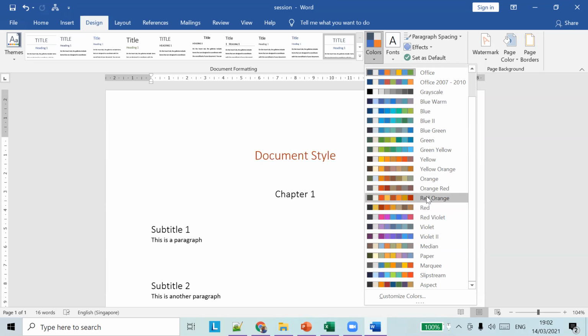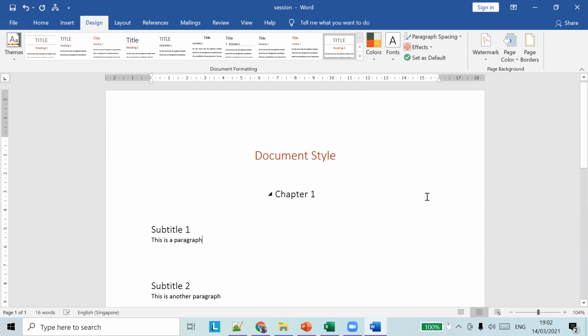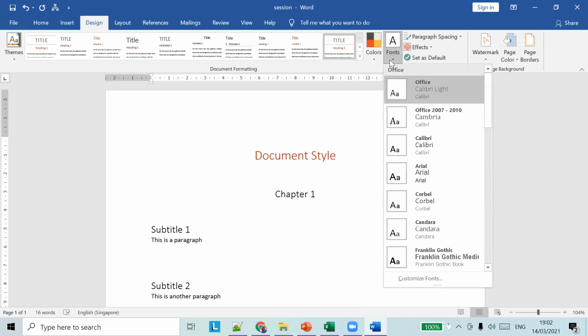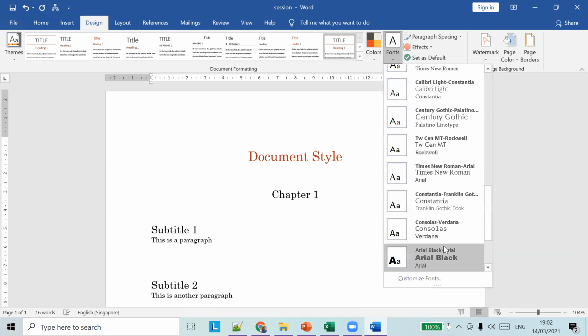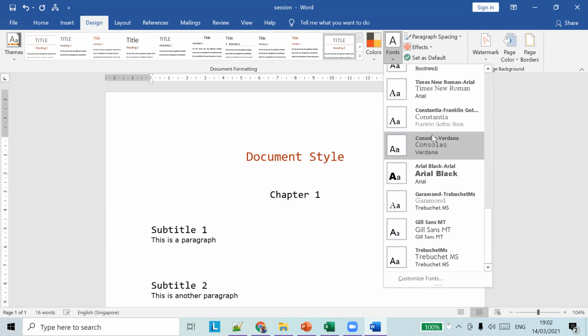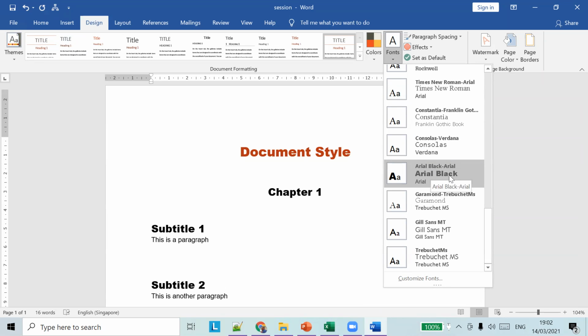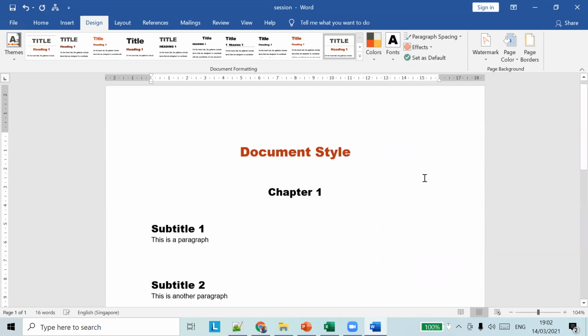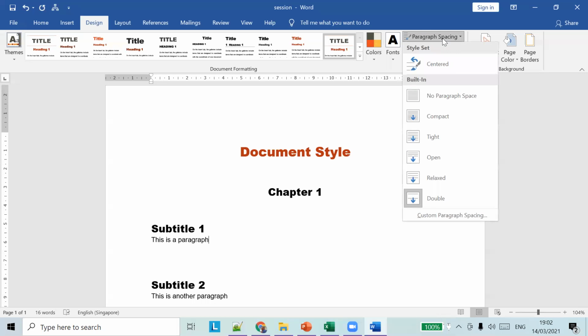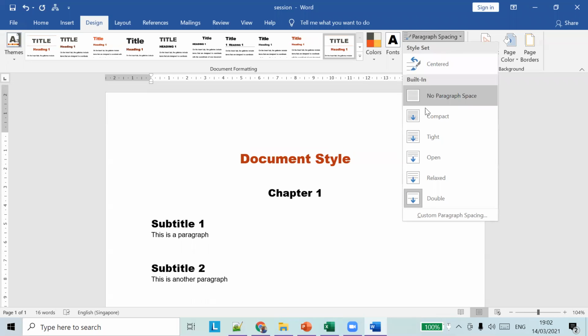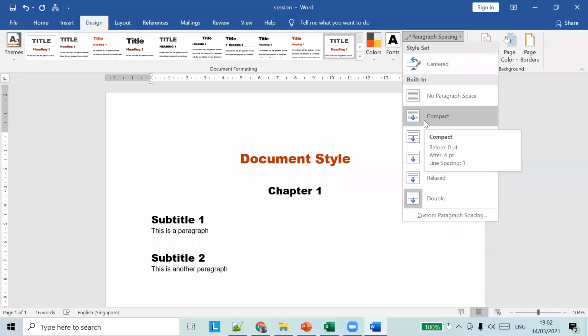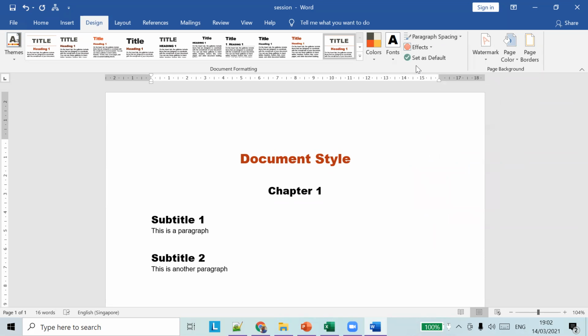I'll apply this red orange color, and I'll choose this Arial Black font, and I'll choose the paragraph spacing as compact. And now we have altered the theme.